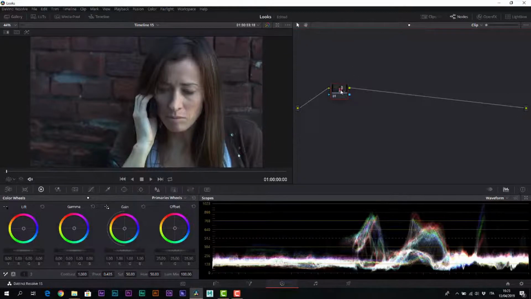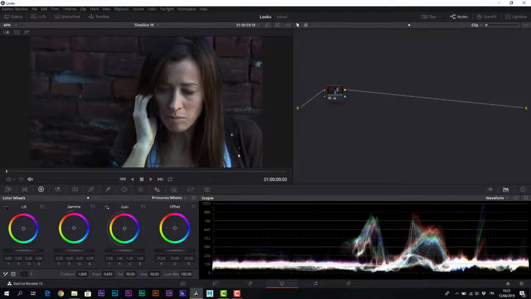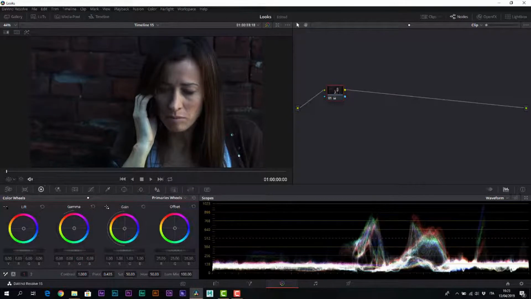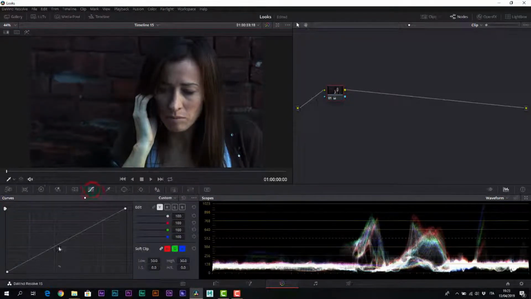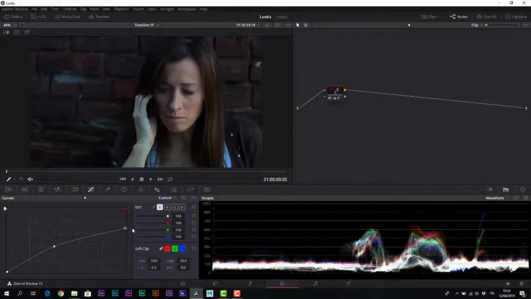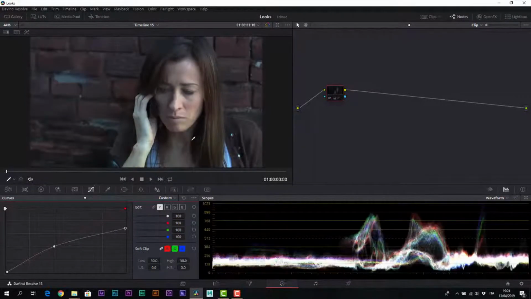The very first step in our forced serial node is to take down the overall gamma of our scene. So, with the primary wheels, we take down the gamma. At the same time, with the curves, safeguarding the final third of our dynamic range and working only on luminance, we create a drop of about 20% of luminance, thus strongly taking down the components of the luma and the highlights.